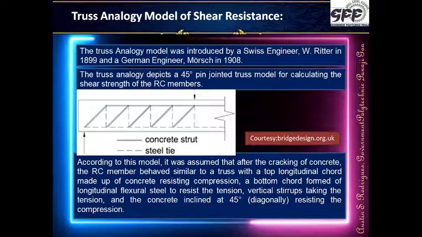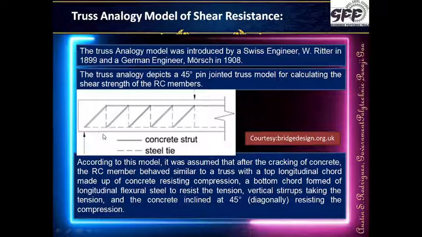Now as per this truss analogy, there is a truss which has been created with angles of 45 degrees. All joints are pin jointed, and based on this we can easily calculate, I would use the word easily, what the forces are in different members. So in order to make our life easier in calculating the different forces, we resort to this. Now there is a half beam shown over here. We know that there is a point load and there could be other loads. So there is a reaction.